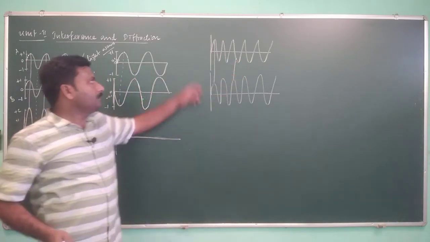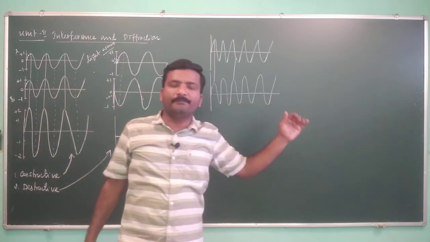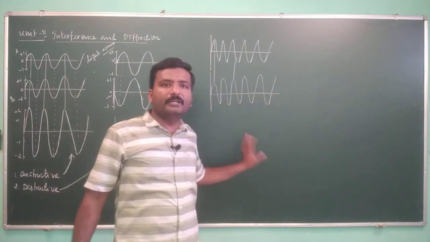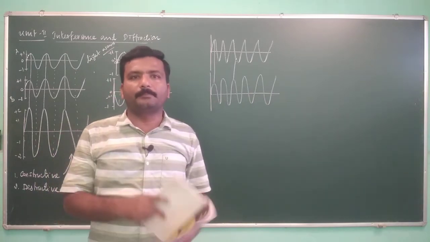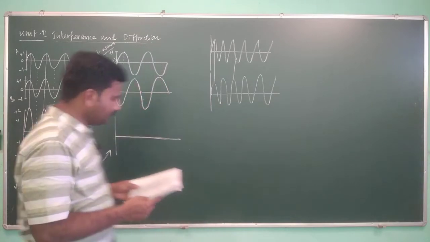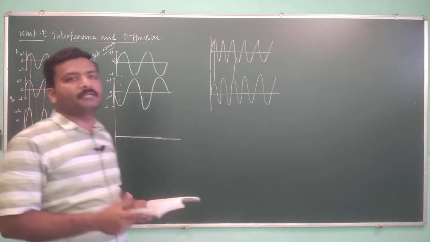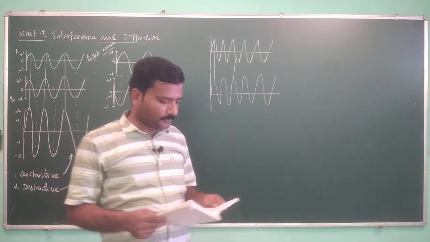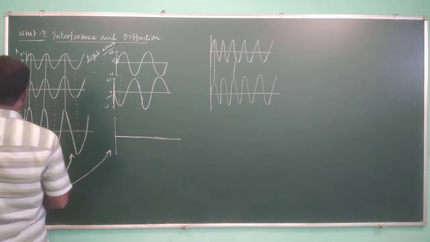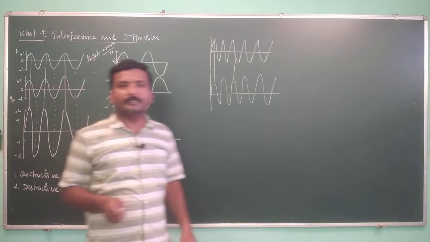So when two waves are interacting, if these two waves are of different frequency, then the resulting wave will have constructive interference at some point and destructive interference at some point. Okay? Fine. When constructive interference happens, the resultant will be maximum. When destructive interference happens, the resultant wave will have minimum amplitude. The resultant maximum intensity is called maxima. The resultant minimum or null intensity is called minima.